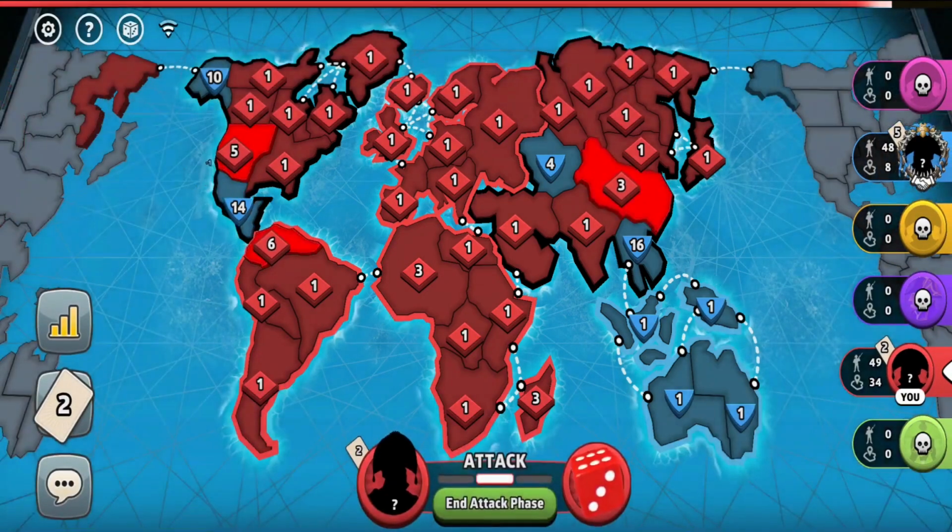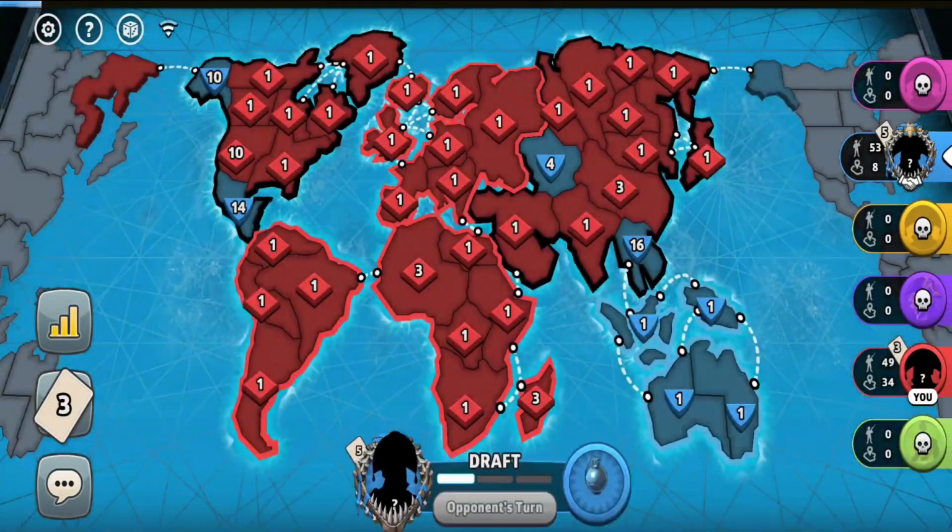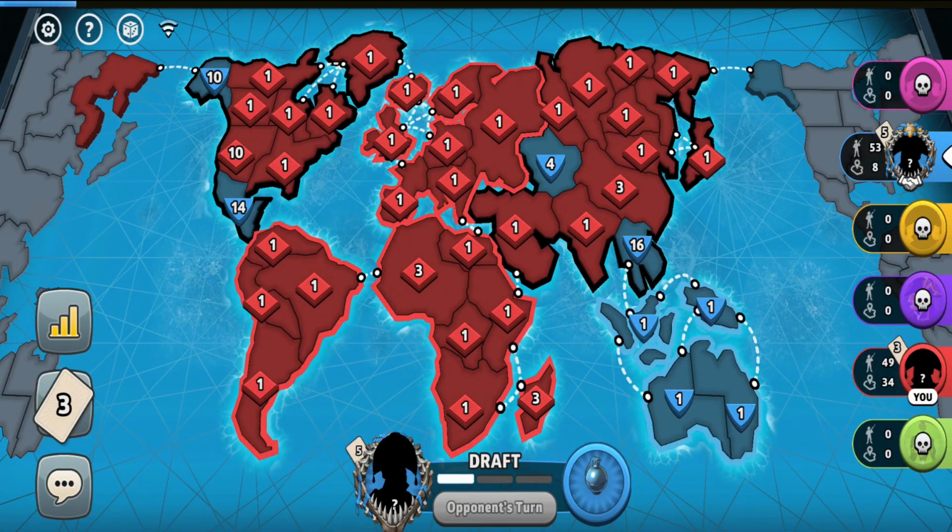And alright, let's fortify like this, I guess. And let's see what the blue player is able to do. As you can see, this endgame is not equal at all. The blue player has a big advantage, but if he doesn't recapture many territories, then maybe I will be able